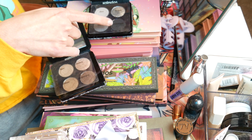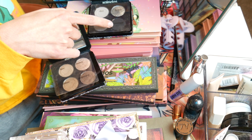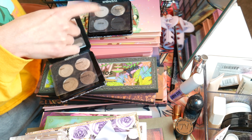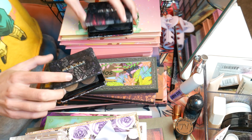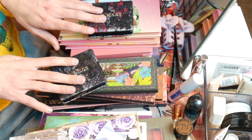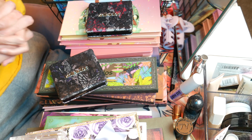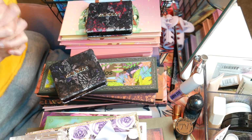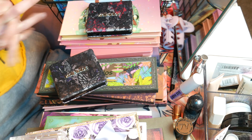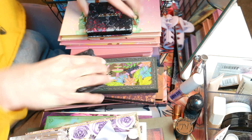I reach for this one more than the one in my Sci-Fi Green palette as of late, but the one in my Sci-Fi Green was the one that I reached for always. These quads are really nice, and they have two other quads in their collection, but the shades in those quads are very similar to shades that I already have in my collection, so I don't really need them. And I think moving forward, I won't purchase any of the other quads unless they are interesting color stories, because